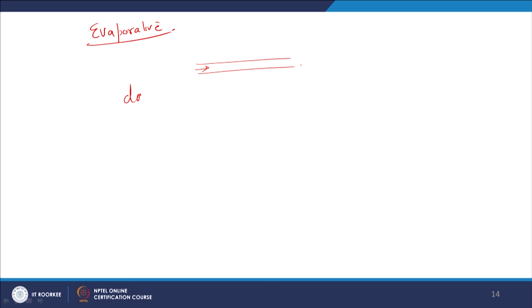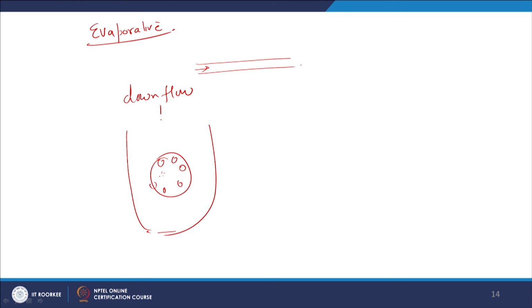One is downflow. In downflow condenser, there is a shell, there is a bunch of tubes, right, and the steam and air, they enter from the top. Another type of condenser is evaporative type of condenser,